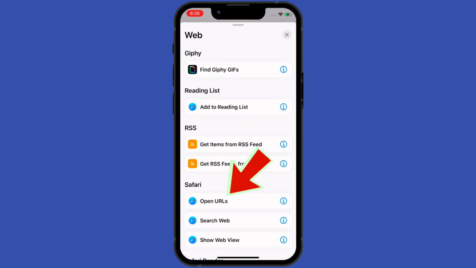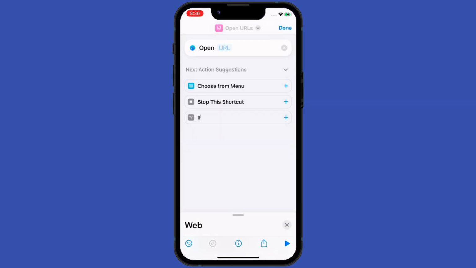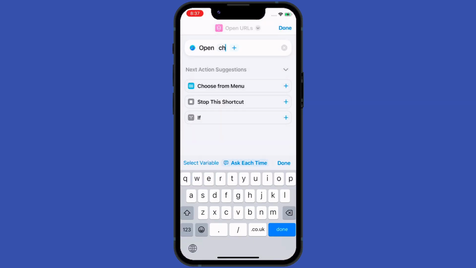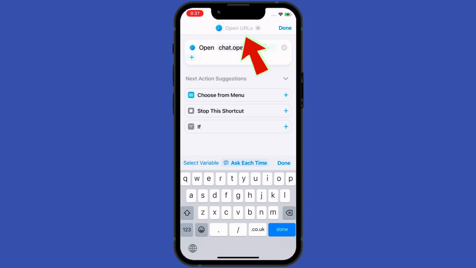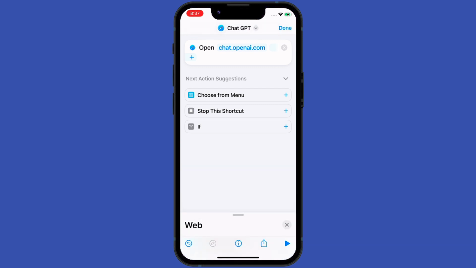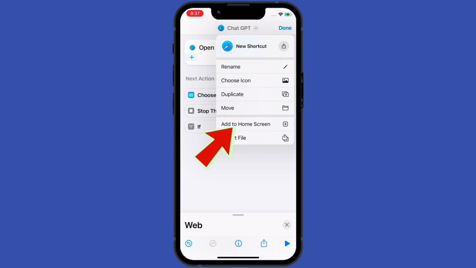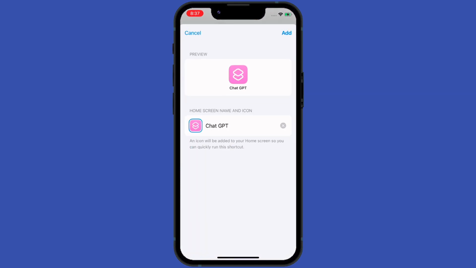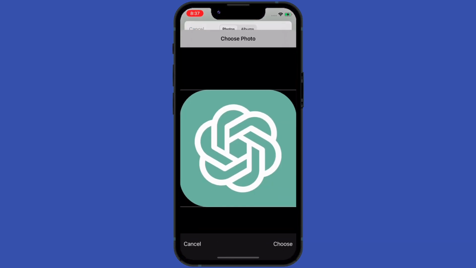After tapping on it, write a URL as chat.openai.com. After that, tap here. Now rename it as ChatGPT. So here we go. Now add it to the home screen by tapping here, and tap on the icon button and add